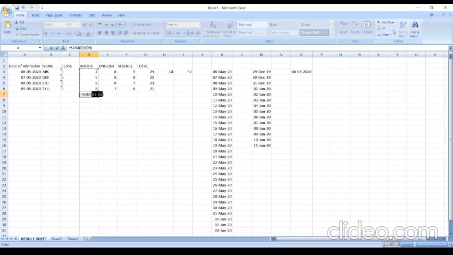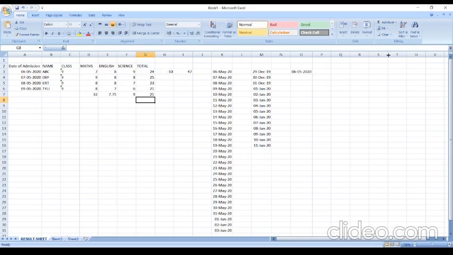I will show you more functions here, like I can use sum. I am doing the sum of this. It is showing me the answer. I am doing the average. I can put the function average. It is showing me the average. I can use the max function, if I want the maximum number. Here I want the minimum number, I can use the min function. So we have specific functions which we can use.